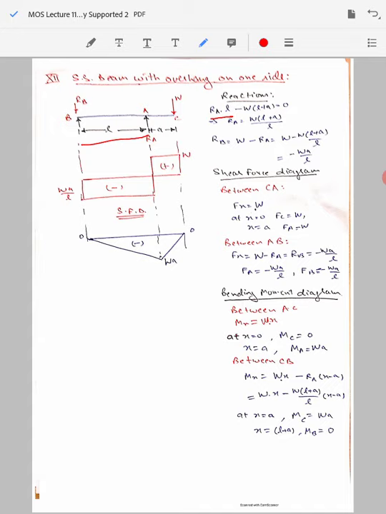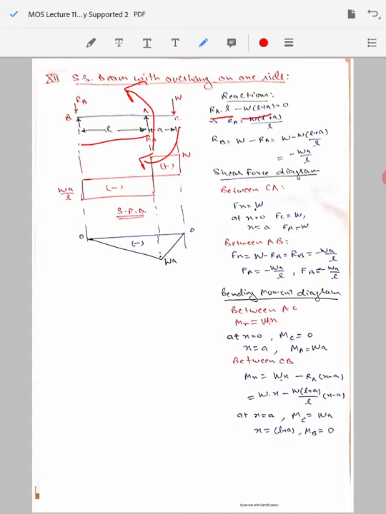So because of that there will be an anti-clockwise moment because of this support reaction. So RA into L will give the moment in the anti-clockwise direction. Now there will be a clockwise moment because of the W force acting at a distance L plus a from the point B. So that's why you will get RA into L minus W into (L plus a), that is the net moment acting about the point B.